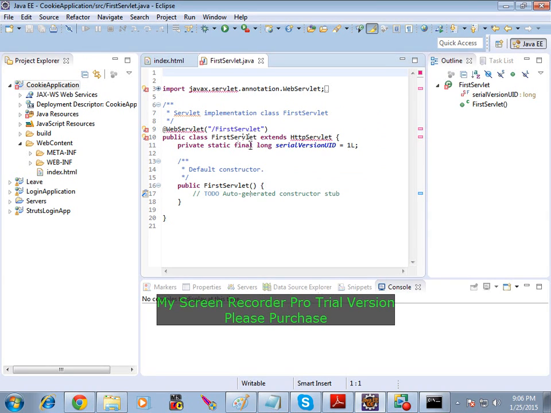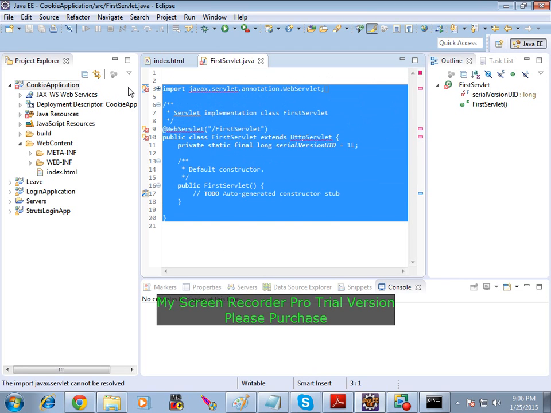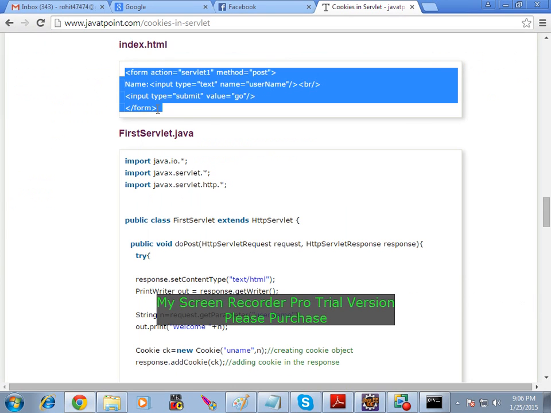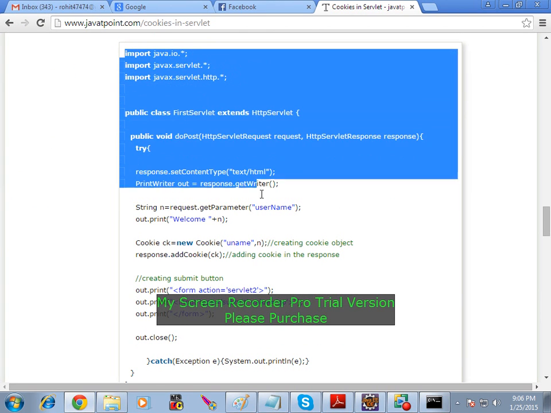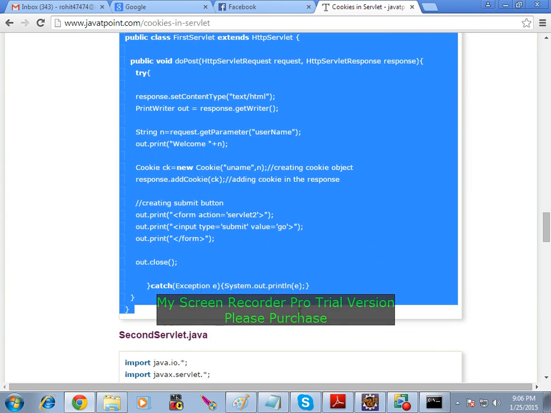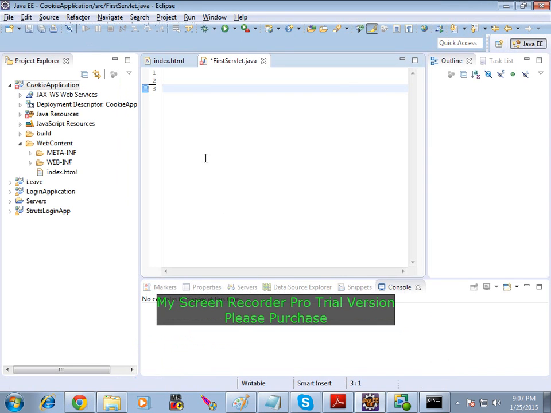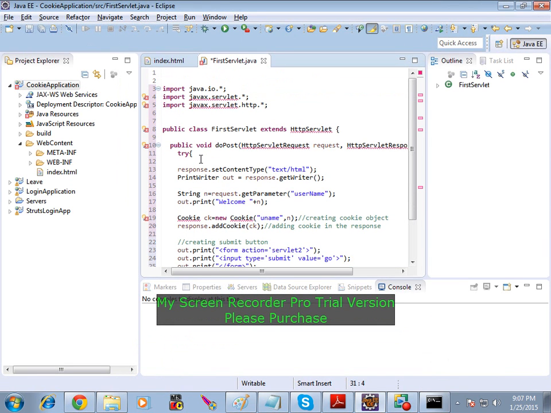Okay, so you got this part known as annotation web servlet, right? We don't require all those things. Just remove this thing and have they say import java.io.servlet.